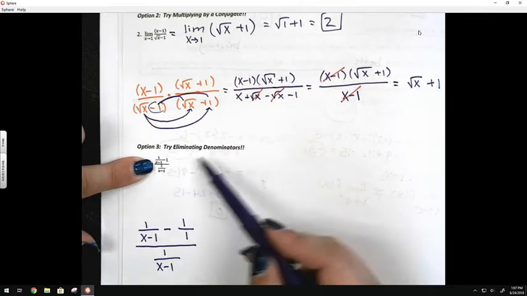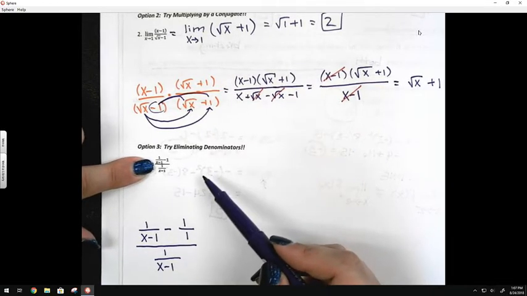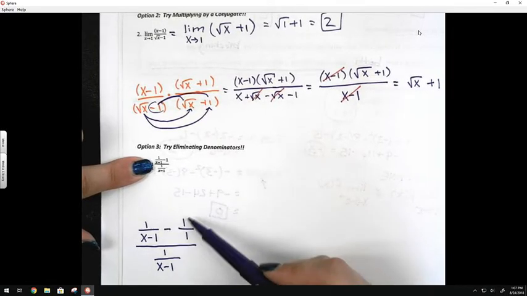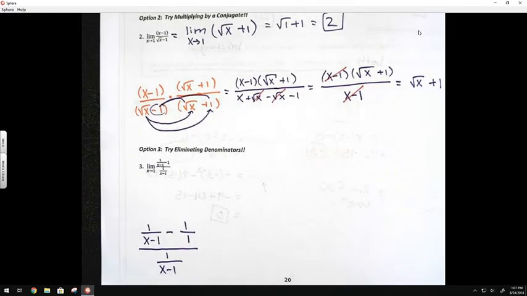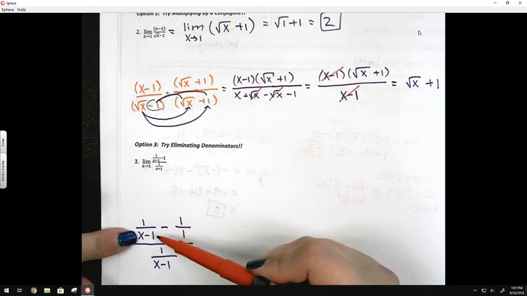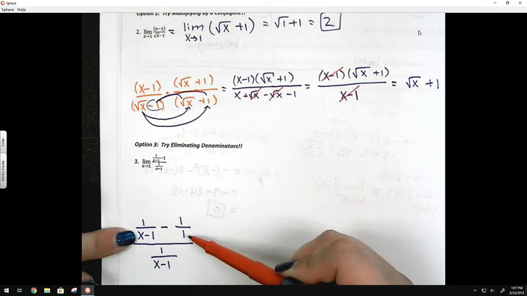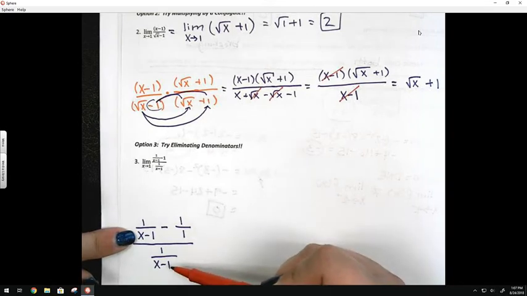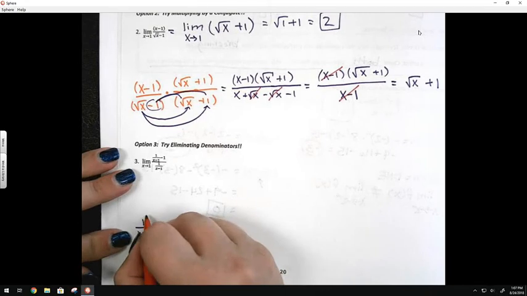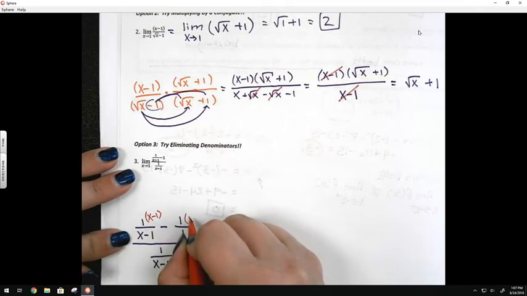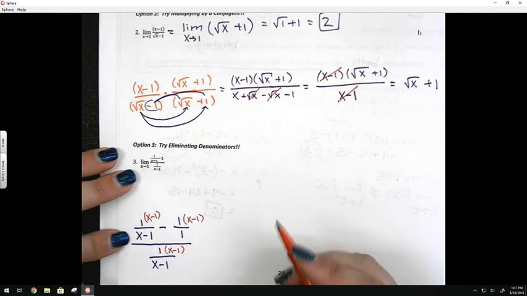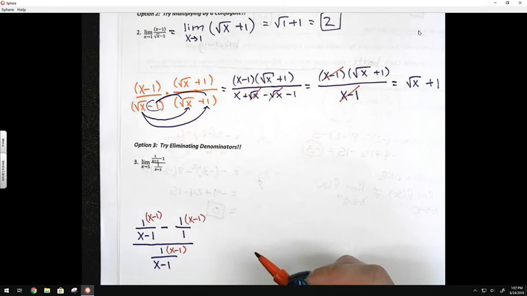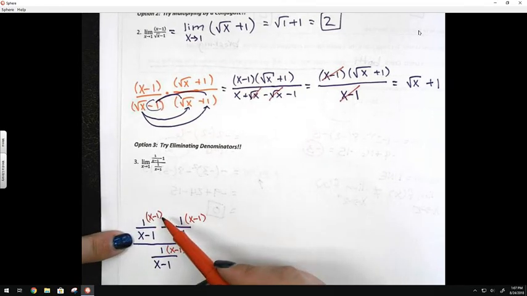Okay? I want to eliminate the denominators. So what I'm going to do is I'm going to multiply the top of every fraction here by the least common denominator. All right, you might be having some flashbacks to Algebra 2 if you guys did this back then. But the LCD here, well, my denominator here is x minus 1. My denominator here is 1. My denominator here is x minus 1, which means my LCD has to be x minus 1. So I'm going to multiply that on the top of every fraction that I have there. Okay, and when I do that, it kind of does some nice stuff for me. So over here, these x minus 1s cancel